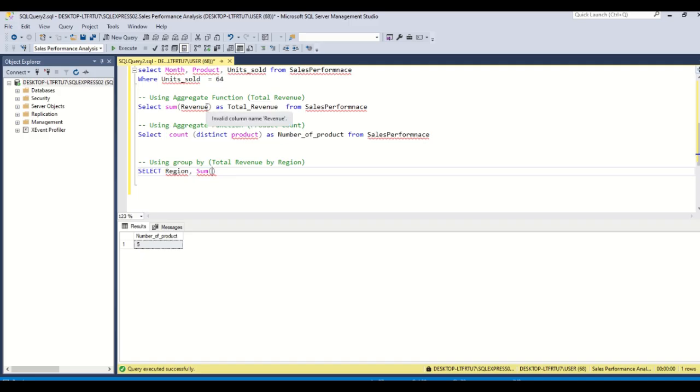So let's go, revenue. Let me just pick this revenue. Now I told you that when you have a new one, you need to put AS what? AS total revenue. Don't forget, where are we picking it from? Instead of copying it, you can actually type it, then it brings it out for you. SELECT region, the sum of the revenue AS total revenue FROM sales performance. Then we now have to GROUP BY